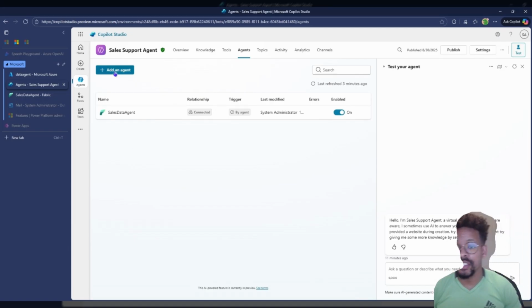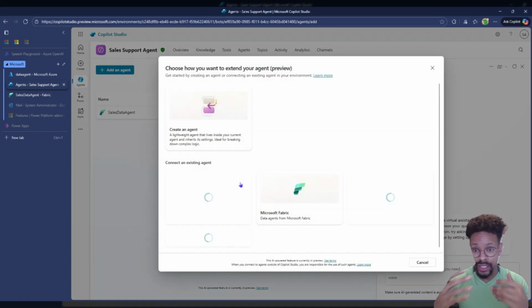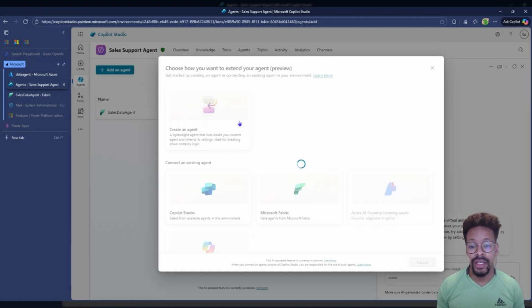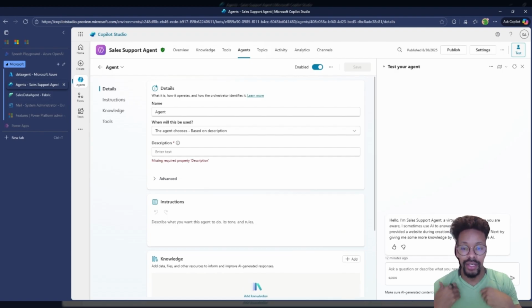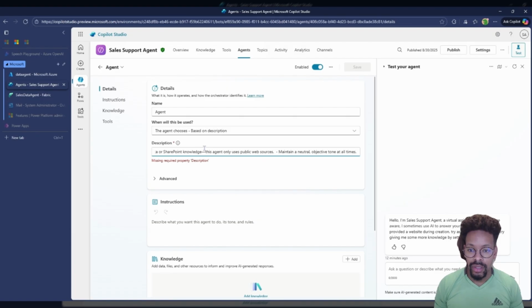So now let's add a child agent. We do have one connected agent from Fabric, and let's create this web search agent that we will be using to just collect information from the web, because we don't want to turn this on in the autonomous orchestrator agent. So let's add this here. Yeah, that's it. So I do have the description here. You are a web summary agent. Your task is to gather relevant